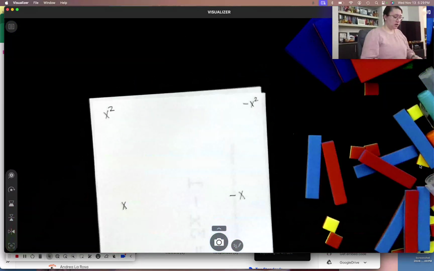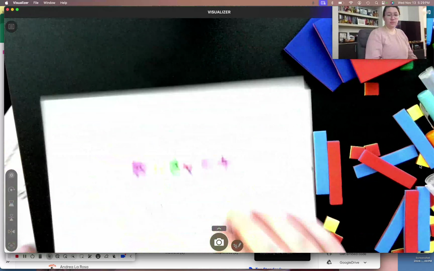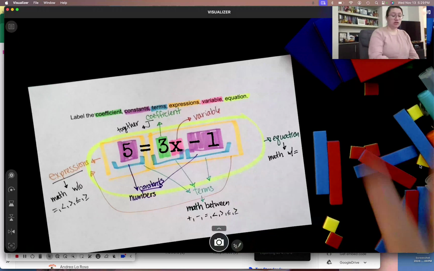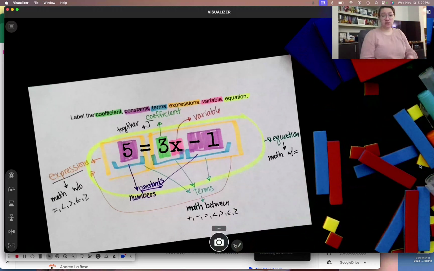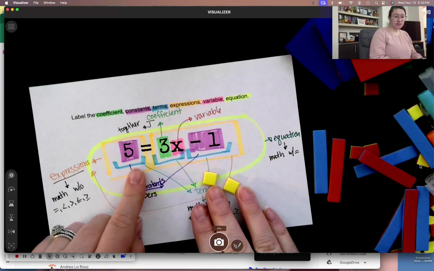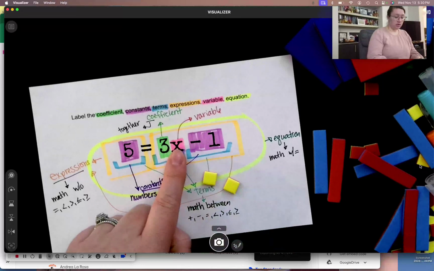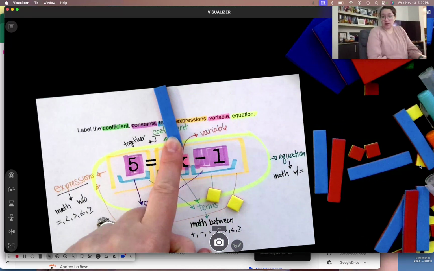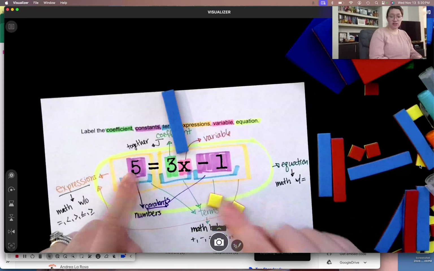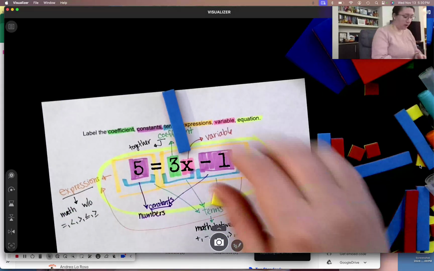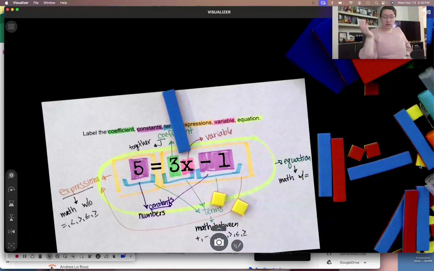What we're going to do now is think about what these would look like, how we could use these shapes to build out equations for these situations. Again, these constant numbers are going to be our small little tiny pieces. The variable are going to be these long sticks, and the coefficient tells us how many of those long sticks there are. The constants tell us how many of these ones there are. The coefficient tells us how many of the variable pieces there are. So for example, if we were going to build this out,